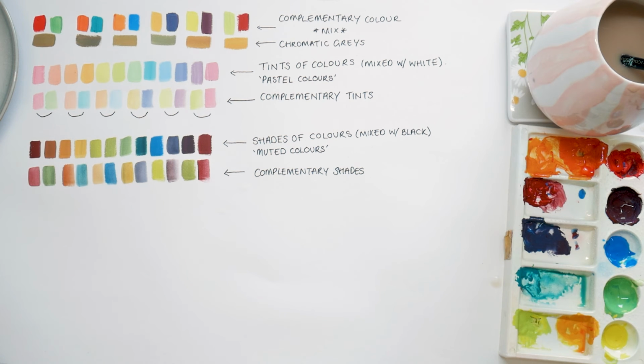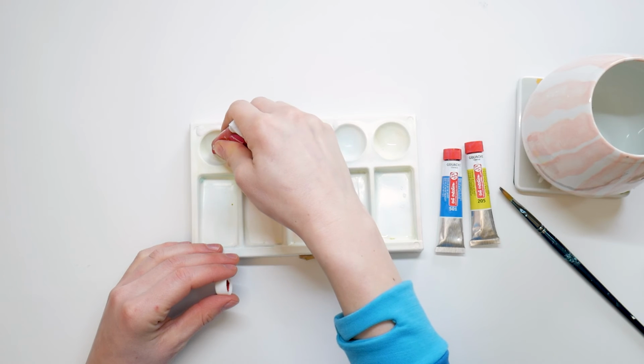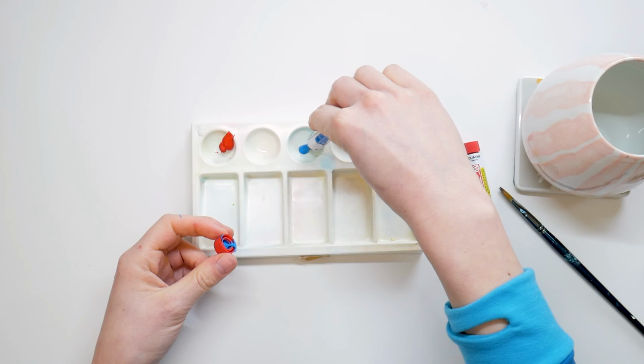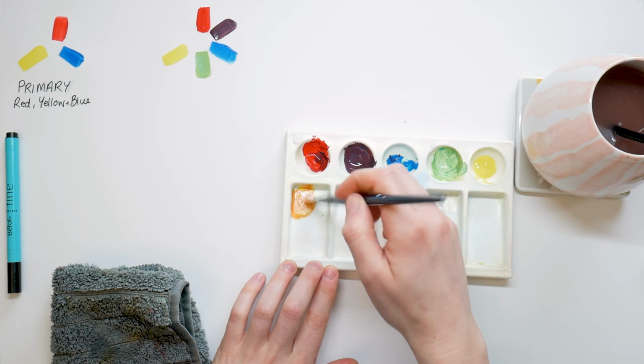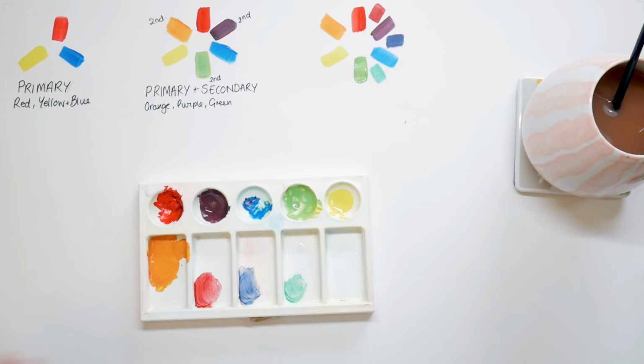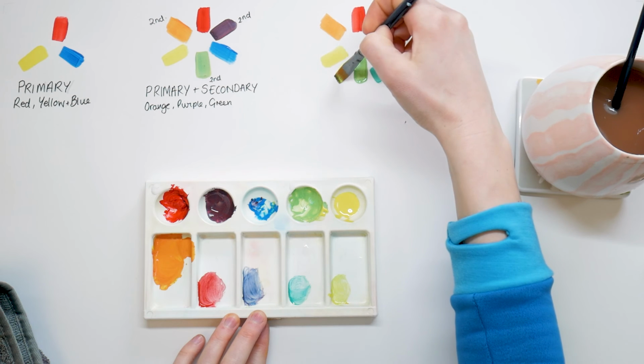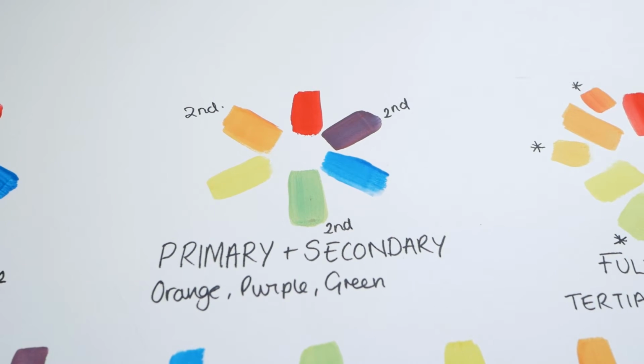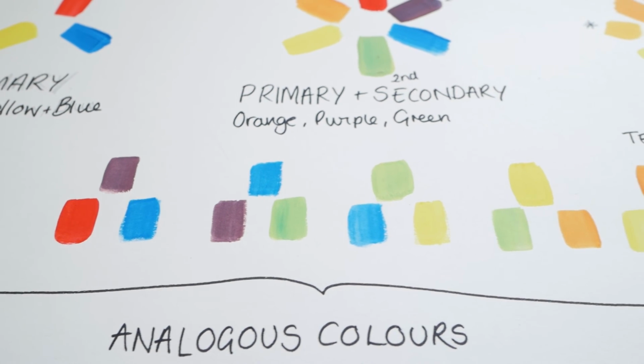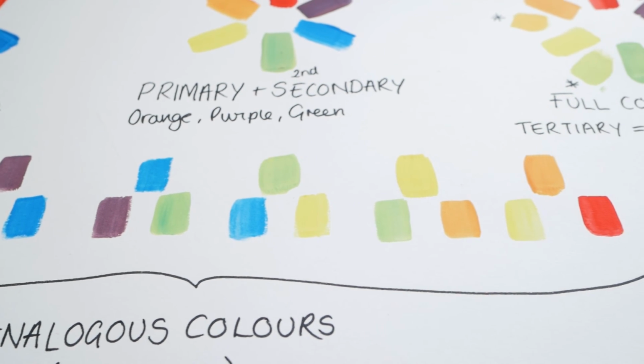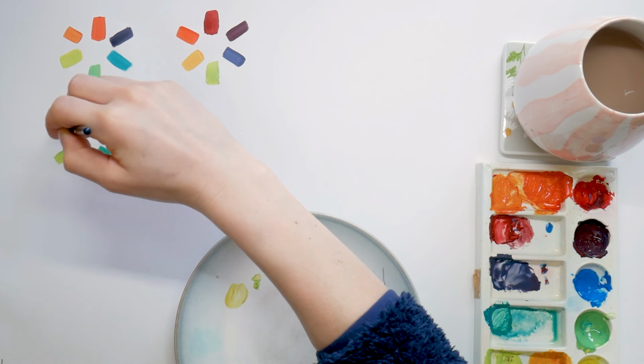Another important factor is that we have used only 3 original colours to create our entire palette from. What I mean is I haven't used a tube of red and then a tube of orange and then a tube of yellow. I've only used 3 tubes of paint, which are my 3 primary colours. From there, I've mixed all of my other colours. This reduces the range of colours I can create, such as not being able to mix a proper purple because my blue has a bit of green in it. And this restriction, much like the addition of white, makes my colours feel more harmonious and more similar to each